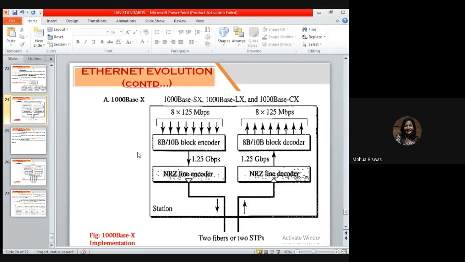Okay. So what I have explained here: the 4B/5B block encoding mechanism that we saw, the same thing here, the 8B/10B we are using. The method is the same, but the difference is that here 8 bits are converted into 10 bits. Fine. And for 8 bits they have used a data rate of 125 megabits per second. Now in the case of your 8 bits, per bit requires 125 megabits per second. Now for transmitting, for converting these bits, because bits are inside the block, these bits we have to convert into signals, data signals, and for transmitting the data signals to the other side,